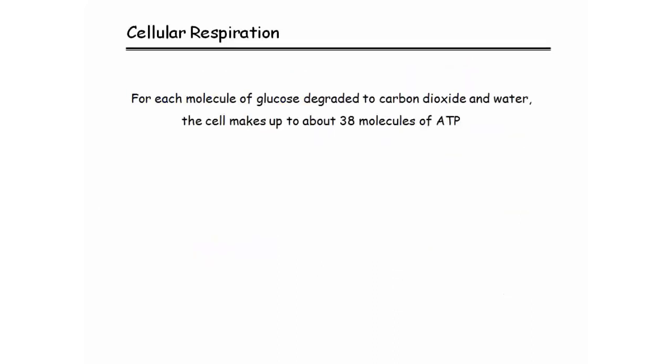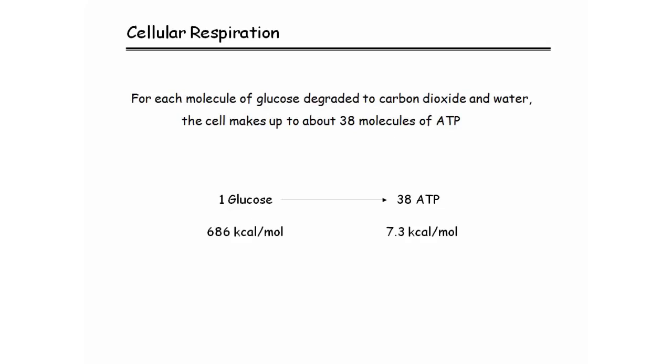For every molecule of glucose that we start with, and we completely break down through this process to carbon dioxide and water, the cell will make up to about 38 molecules of ATP. Now we say up to about 38 because there is a little bit of variation in there, and we'll talk about where that variation comes from. But if we look at the efficiency of this process,